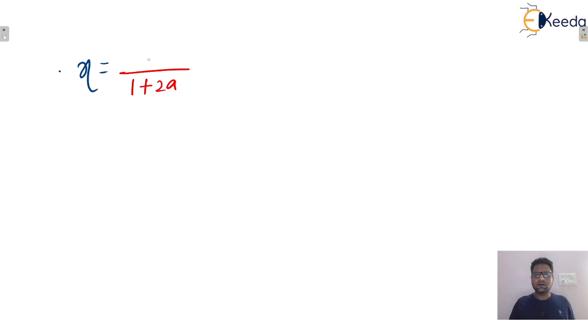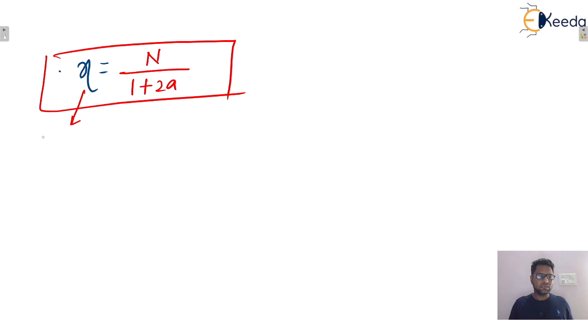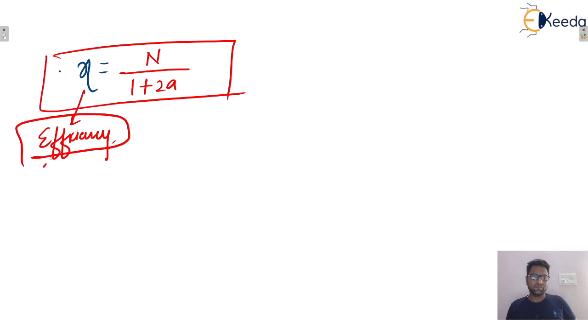So whatever the sender's window size is, let's say n, then n upon 1 plus 2a will be the efficiency in case of selective repeat.